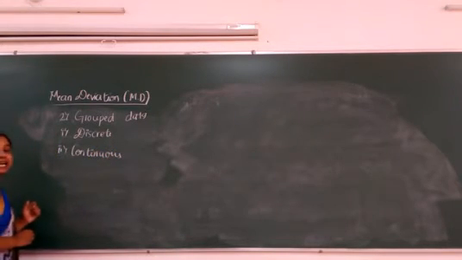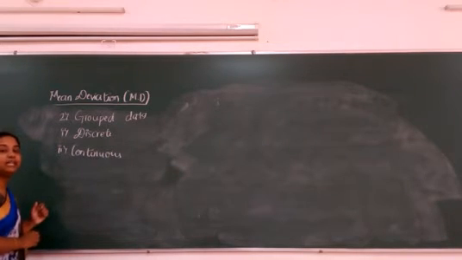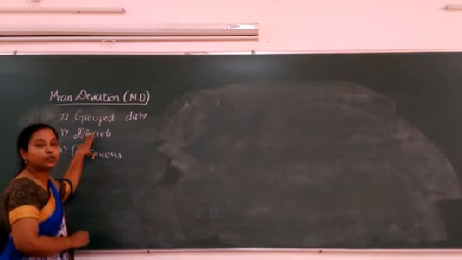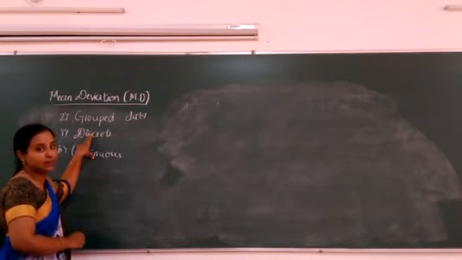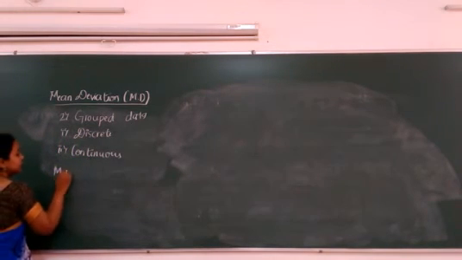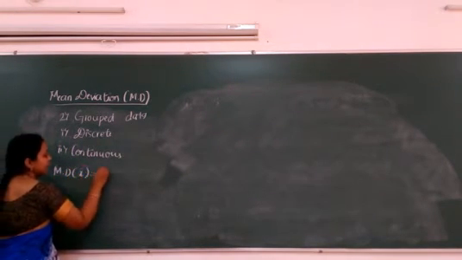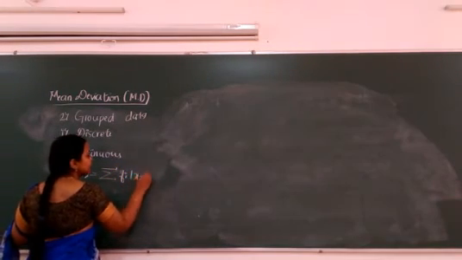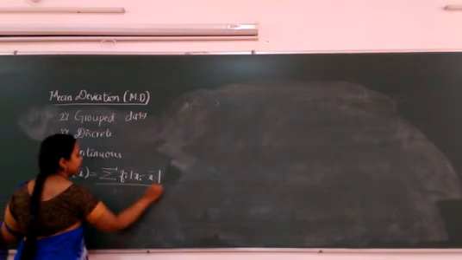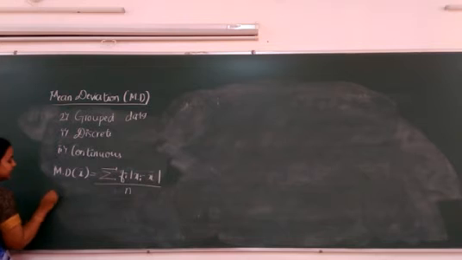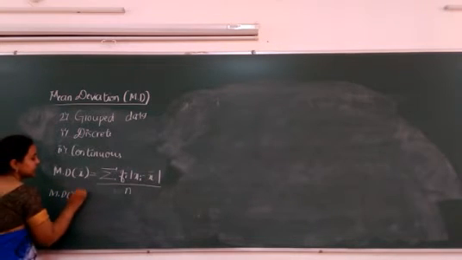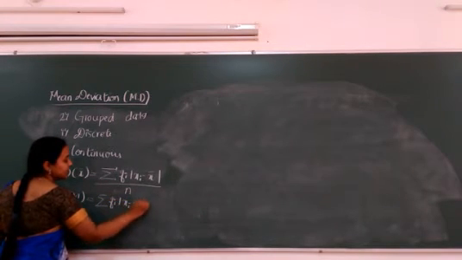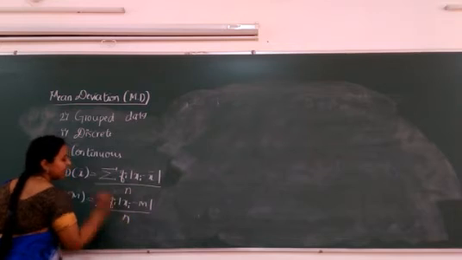Okay, so now let us understand the formula to find mean deviation about mean and mean deviation about median. Even though there are two types of grouped data, the formula remains the same. Mean deviation about mean is given by the formula summation of fi into modulus of xi minus x bar divided by n. Next, mean deviation about median is equal to summation of fi into modulus of xi minus M divided by n.